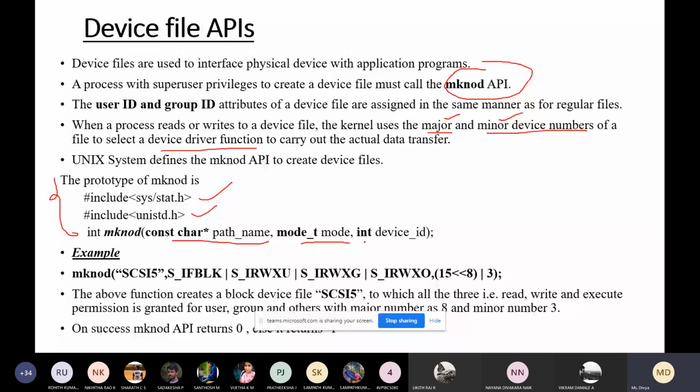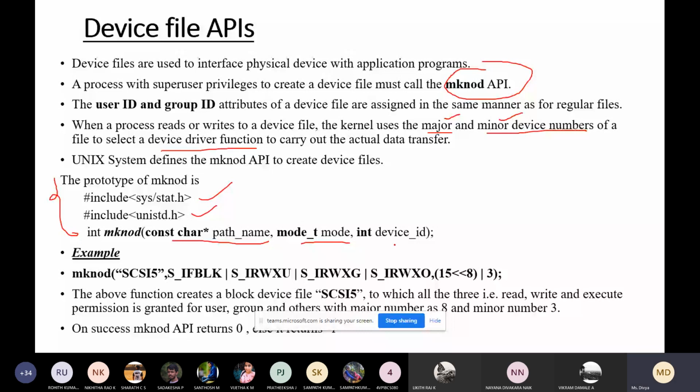Mode is nothing but what type of permission you are giving to owner, group, and others. And here you have to specify the device ID, that is the third parameter. The device ID will contain two numbers, the major device number and the minor device number. This is for invoking the device driver function.